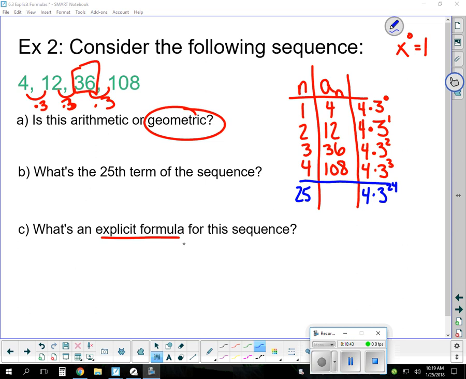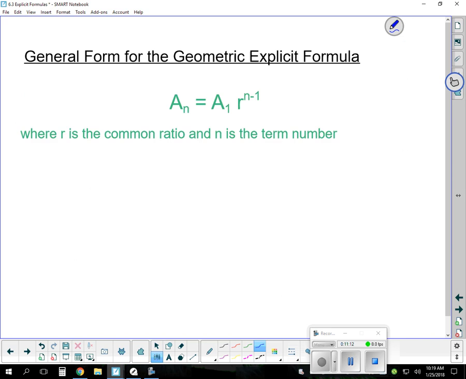Okay, so let's come up with the explicit formula. So it looks like to find a sub n, we take a sub 1, our first term, and we were multiplying it times, well, we're not going to call it a common difference, because difference kind of refers to addition and subtraction. We're going to call it a common ratio. So we're going to call it r. And we take it to the n minus 1. So here it is. General form for the geometric explicit formula, a sub n equals a sub 1 times r